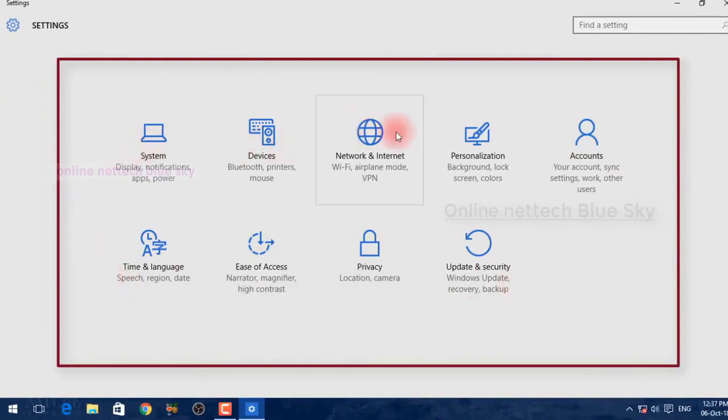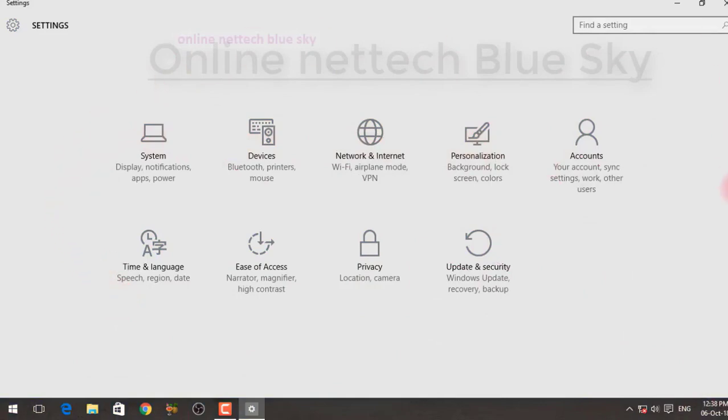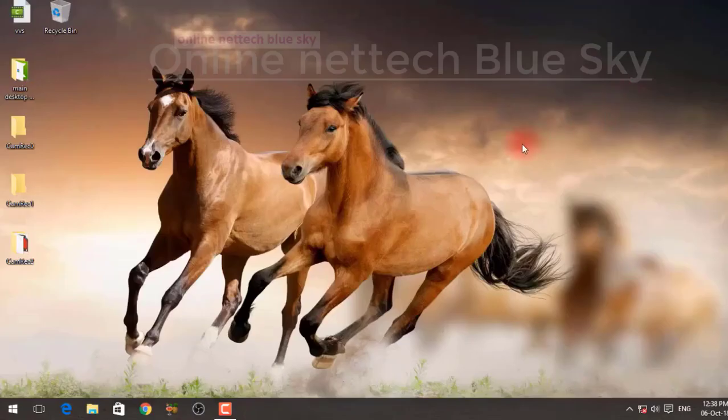So first, you want to know about all the options here. You can see System, everything you want, Personalization and Account settings, Update and Security, and different types, Privacy and Ease of Access. Why this type is given in Windows 10? This is only for the Windows 10 series, which I completed last.